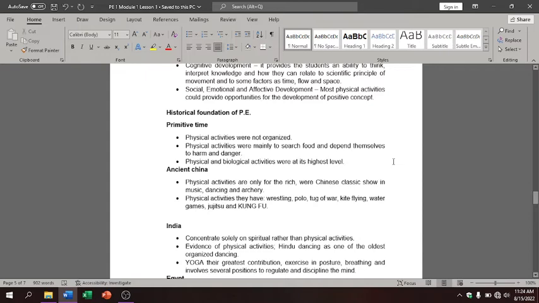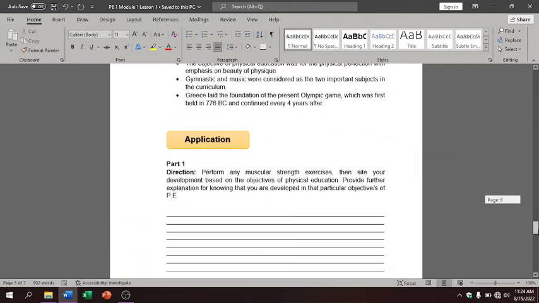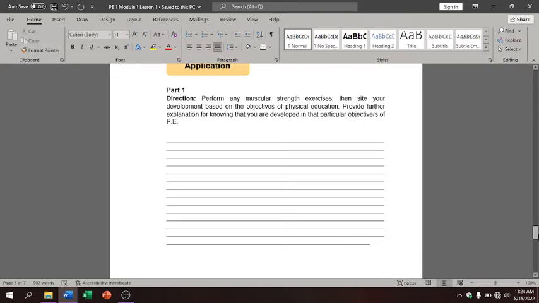So next part is the historical foundation of PE. I will not discuss this anymore since this is just more on knowledge. So in primitive time, what was PE, in ancient China, what was PE, India, Egypt, Persia and so on. So in the application,